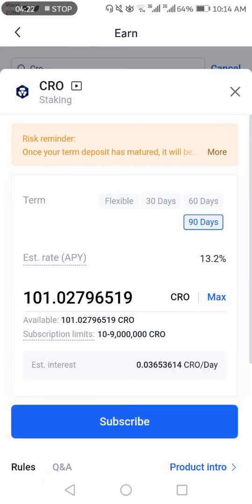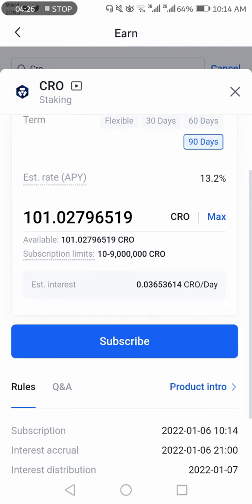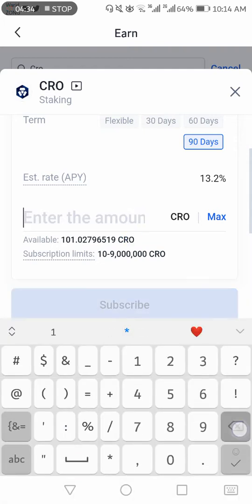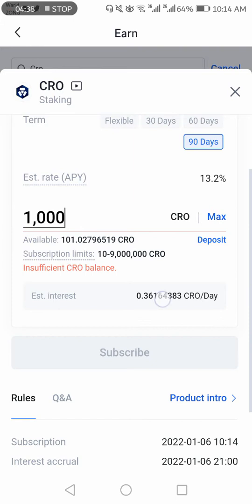I will click on max, and you can see I will get 0.036 CRO per day for 90 days, and that's insane. If you have 1000 CRO tokens, for example, you will earn 0.3 CRO per day for 90 days, and that's huge passive income you can earn on your CRO tokens.